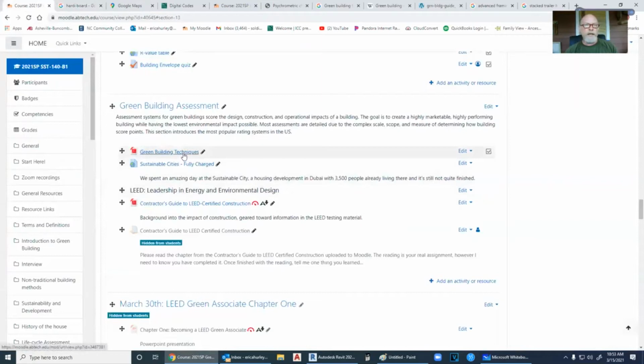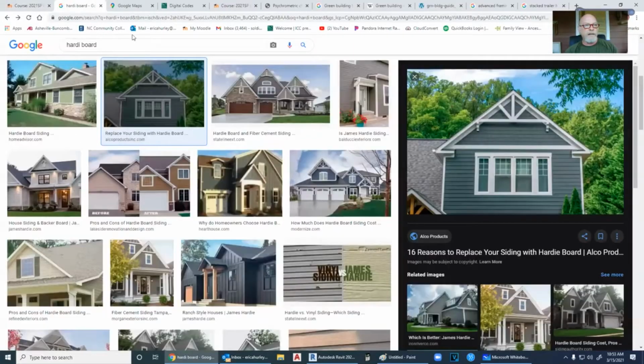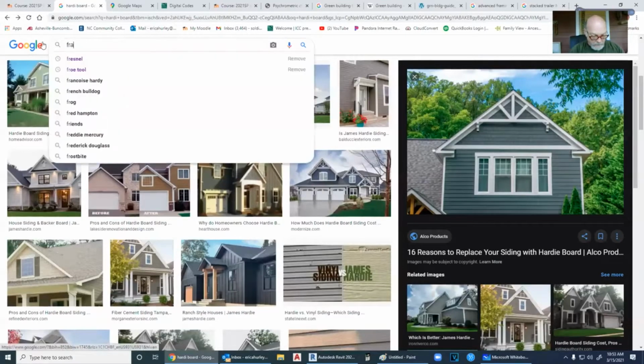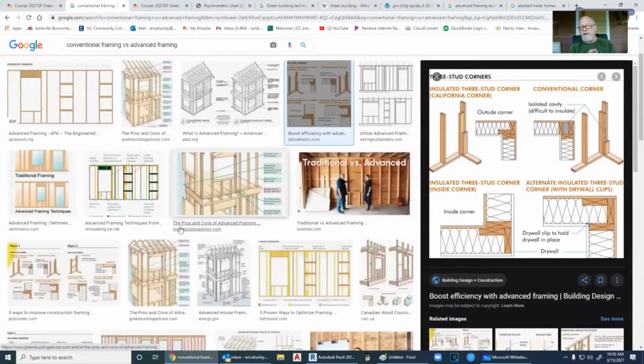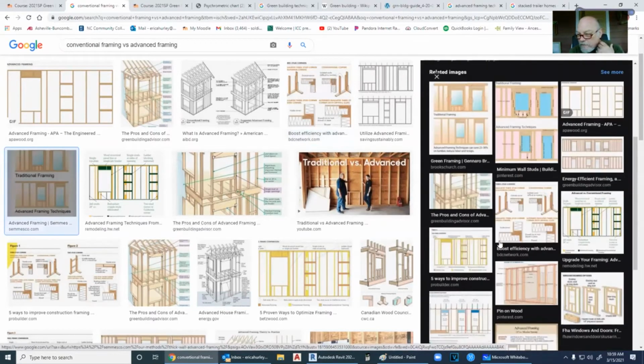What I want to do today is talk about some of these techniques in green building, and I'm going to start off with advanced framing. So let's talk about conventional framing versus advanced framing a little bit to bring you up to speed. Okay, so let's talk about framing. And to understand the framing that we do today versus traditional framing,